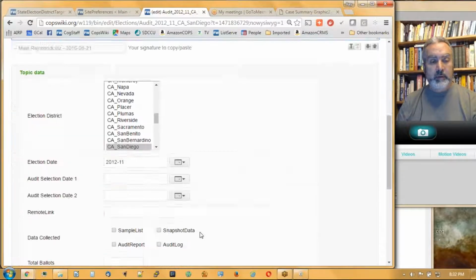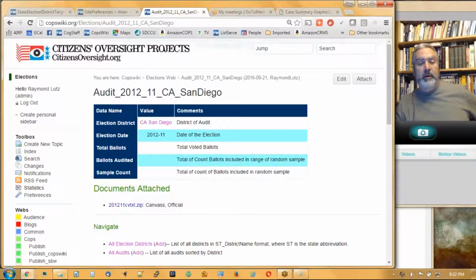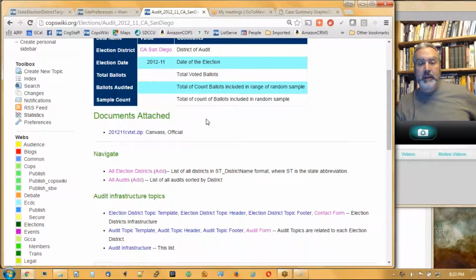Unfortunately, that's something I'm trying to get them to fix on this, where I can have the attach point where it automatically goes in. So now it's attached here. So many files, we just put it up here and documents attached. Now if we can find the first step then is just to get all the documents attached into their correct